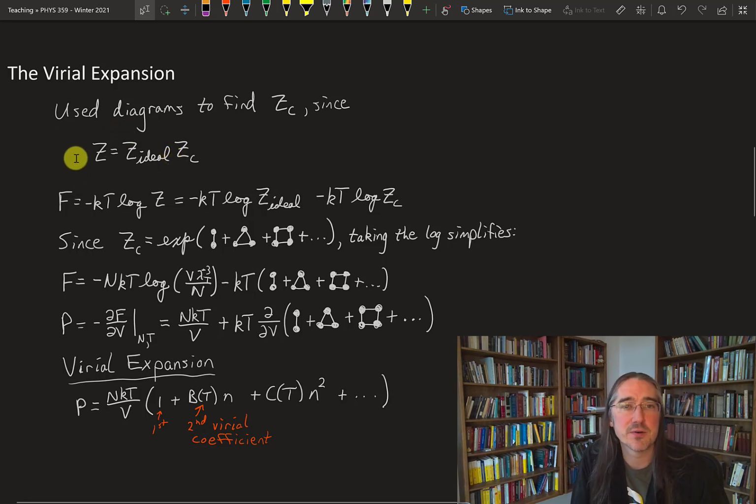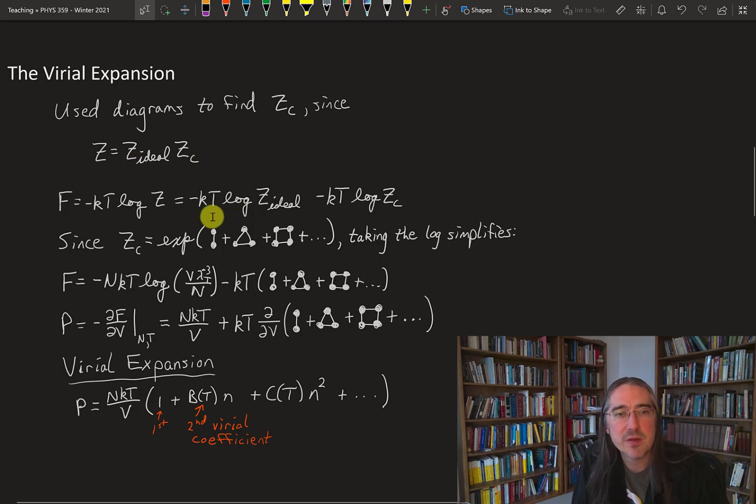Now, partition functions are great. In principle, you can calculate everything from them. One of the more physical things we can calculate from it is the Helmholtz free energy. And the free energy has this really simple form. It's just minus kT times the log of the partition function. And since our partition function is already written as a product, when we take the log, that'll separate out into